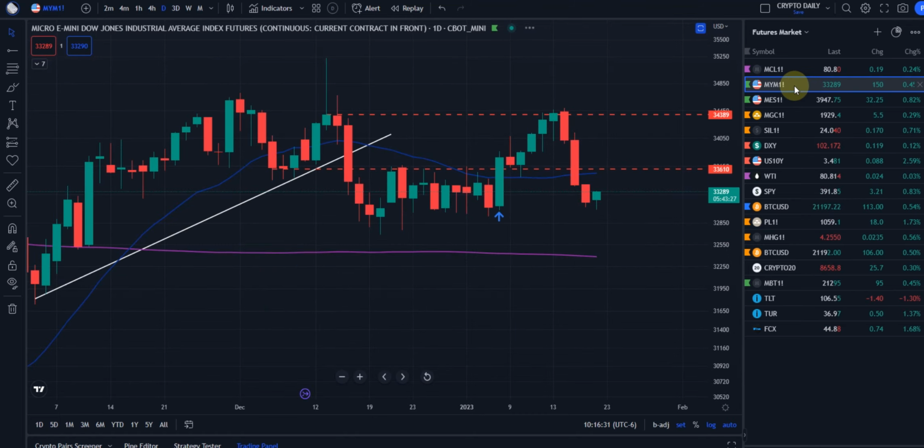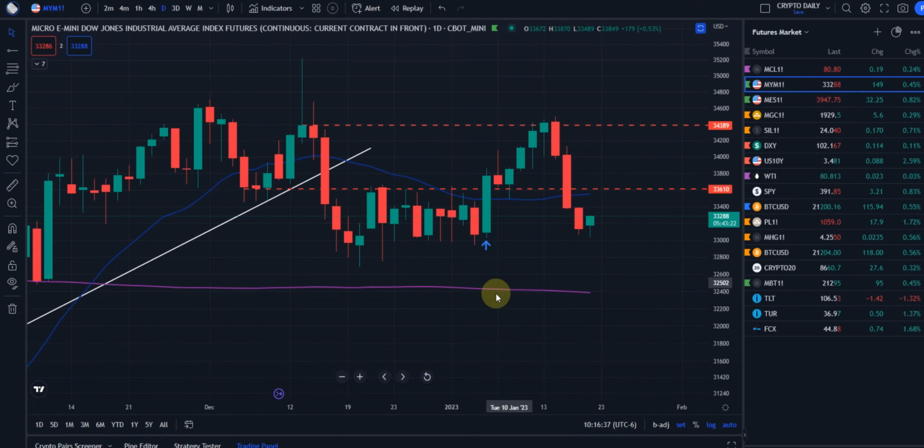Okay, moving right along. Looking at the micro E-mini Dow Jones, you can play the Dow Jones in micro futures. You see a little double top up here, two high pivot areas, rejection, go short down here, sideways consolidation. People say there are no guarantees in the stock market. There really is one: these sideways consolidation zones. They will break, obviously, in one direction or the other. So what do you do? Sit on your hands. And once you can identify it and name it, breakout, bullish engulfing candle, taking out everything to the left, that's when you hop on board, with a stop loss.